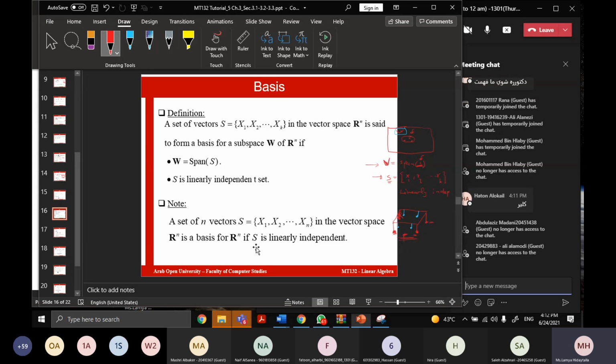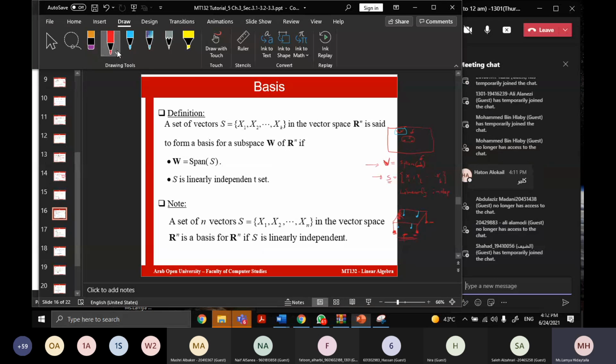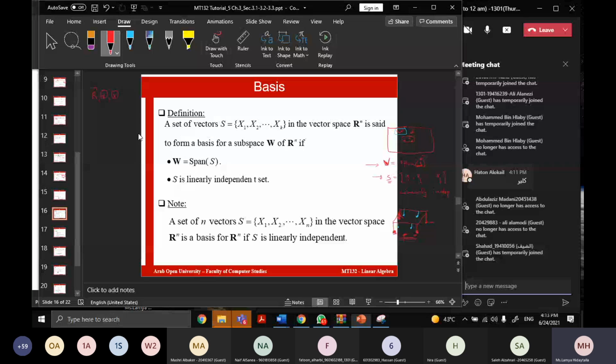He said, now, if you're dealing with a vector space, that is Rn, under addition and scalar multiplication, then if I gave